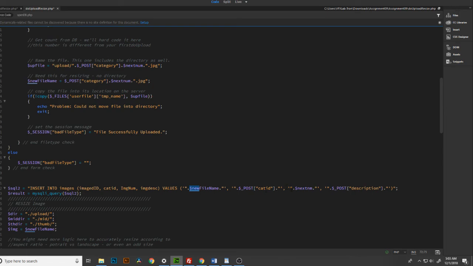And then for my image number, that is the next num that we created up at the top when checking to see if it was in the table. And then for my image description, I'm just pulling the posted description from the previous page. And then you need your result to run your MySQL query and actually insert it into the table. And that was it for